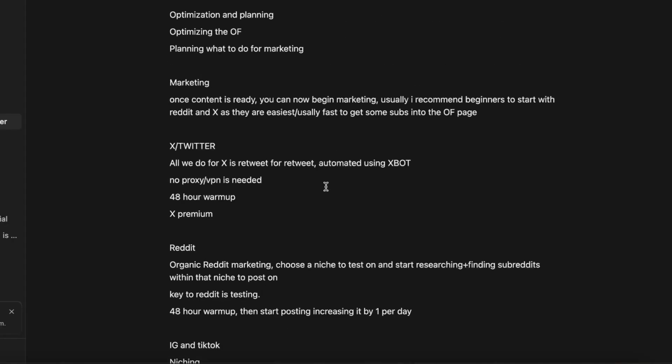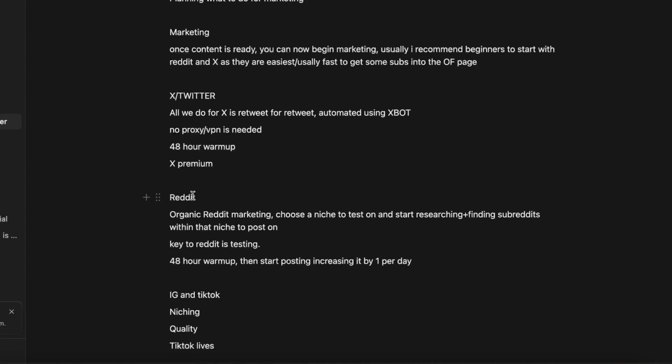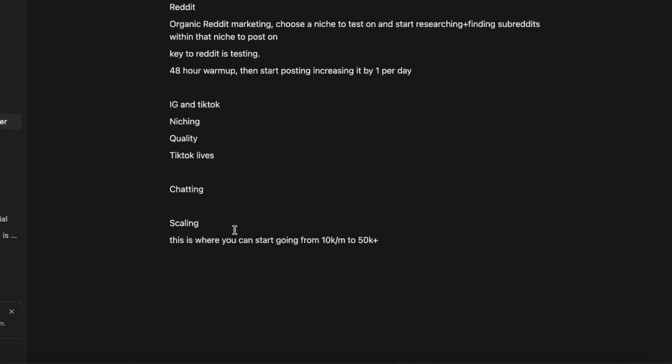So let's say, for example, you're doing really good with Reddit, right? Let's say you've got one Reddit account doing really good for you. You're making 10k a month just off of one Reddit account. You can now hire a VA to do the exact same thing for you, but on 3 accounts or 5 accounts. And just like that, that is what scaling is. A lot of people overcomplicate it. It's literally just basically having someone else do the same process for you. It's as simple as that.